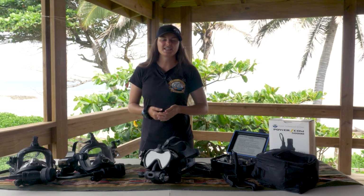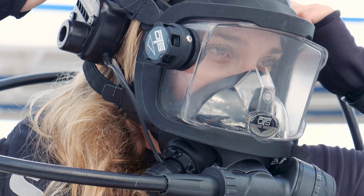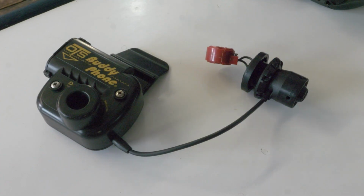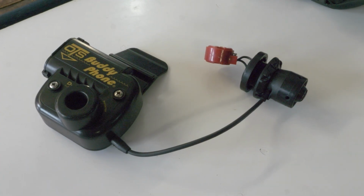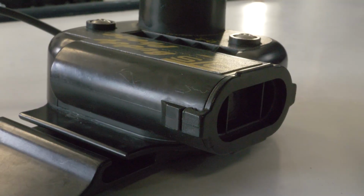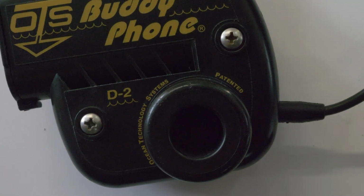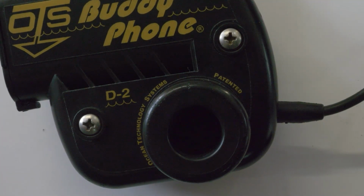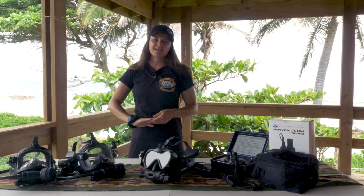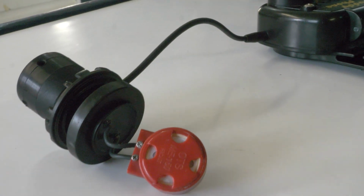The latest version is the BuddyPhone D2. Let's go over some of these features. Everything is attached to the full face mask with the transceiver on the temple strap. This is the electronics package that houses the earphone on the inside against your head, the battery compartment for the 9-volt battery, the transducer, which serves as the antenna, and a pair of stainless steel screws here that are contacts for the water switch. And then we have the cable to the push to talk or PTT button that is